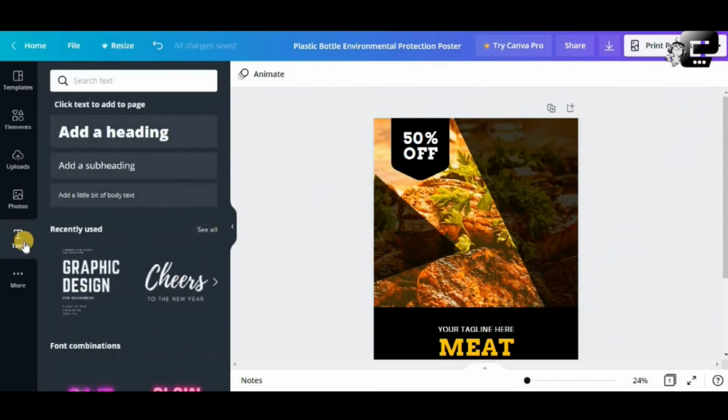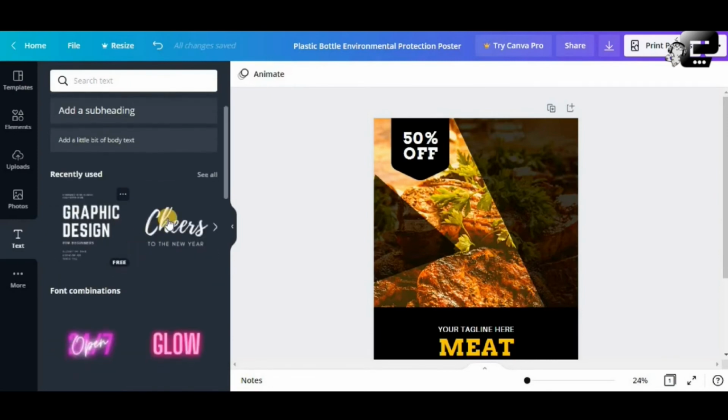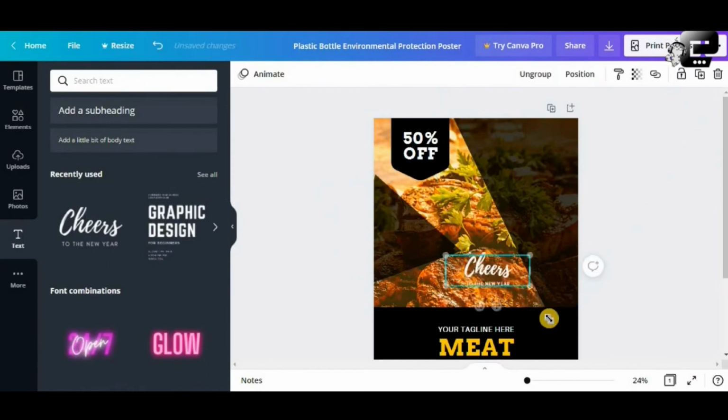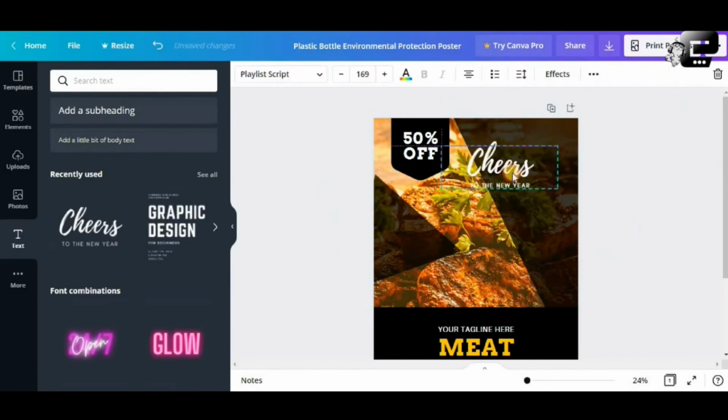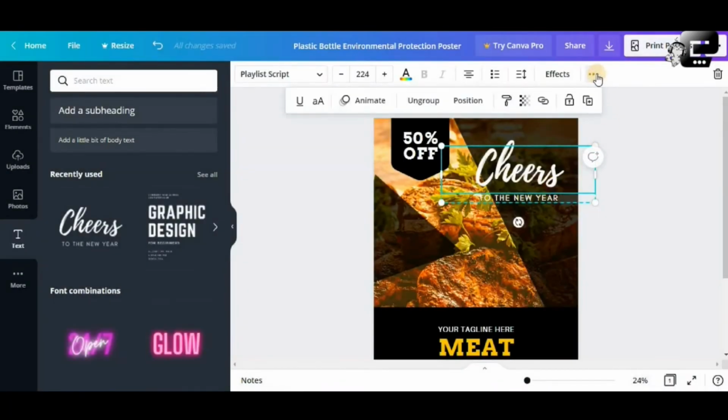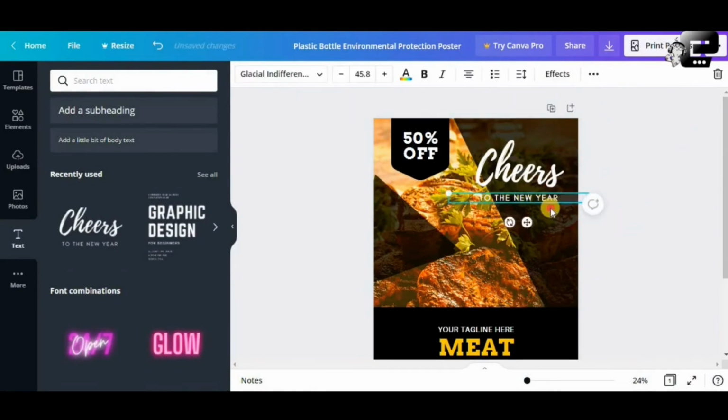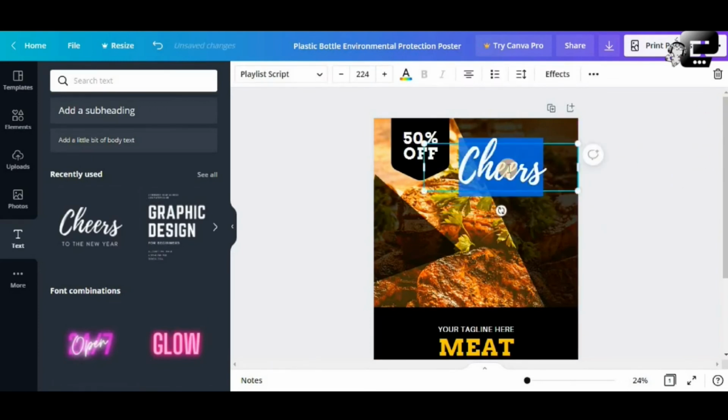Go to your tools section here and click on a nice text. For example, let's use this free font, a set of free fonts. Click on that, and it gets imported to your canvas here. So these are the drag handles. You see that it's grouped together. So you can ungroup these two types of fonts here by clicking on the three dots on top of the bar here and click on ungroup, and you can easily remove the other font there. You can independently move it to wherever, or you can simply delete that, and you can just say, for example,